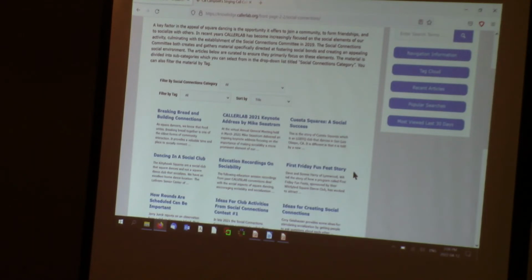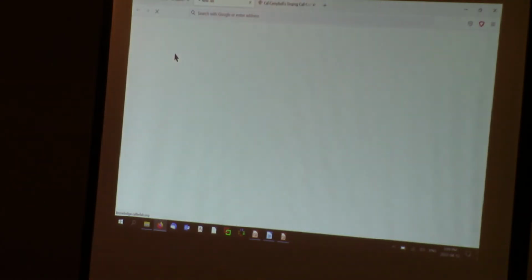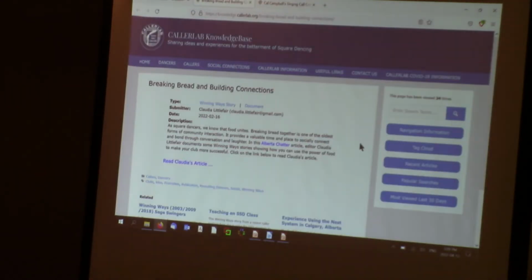There may be a little extra stuff wrapped around it, but by far it's looking at the social connection stuff. So there's things like this, Breaking Bread and Building Connections, which talks about how we treat food at a dance can either boost social connections or get in the way of social connections.